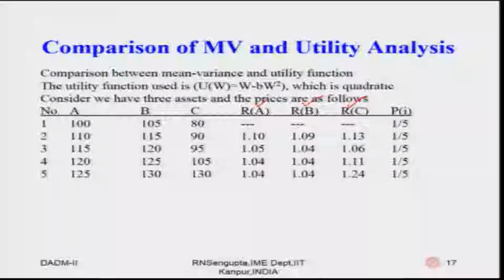So, based on RA, RB and RC, we will first find out the average return, then the standard deviation, and then proceed considering the mean variance theorem and the utility theory. So, basically we are trying to compare the mean variance concept for the decision on one side and the utility function, based on the fact that it is a quadratic utility function, remember that, on the other side, and then find out the similarities and draw very interesting conclusions about that. I am not going to go into the proof, but I will just state it as a matter of fact, and try to utilize that for our decisions later on.